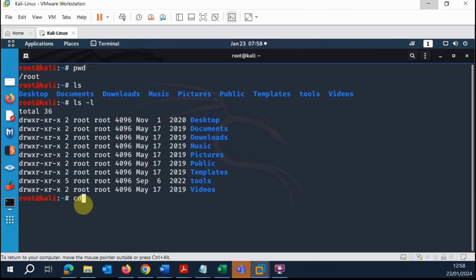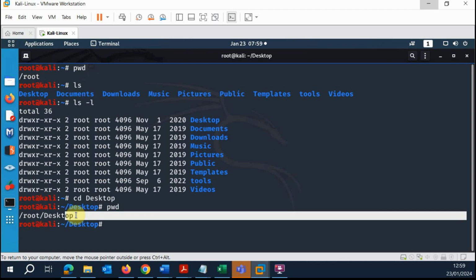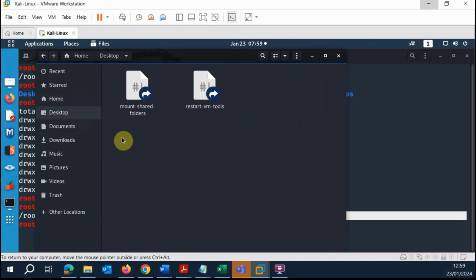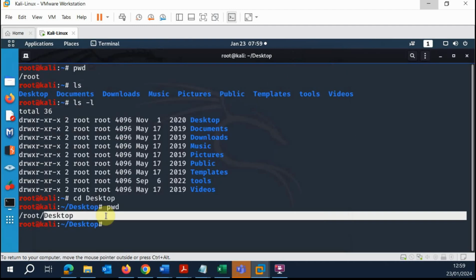So we can move into a specific directory by using cd, change directory, and I can go into desktop. If I go into desktop and I do a list, again we can use pwd to check that we are in the root directory, and inside of the root directory we are in the desktop folder, or the desktop directory. So what we've done is, from the command line, gone to the desktop and we've gone in here. All right, so if we do a list,